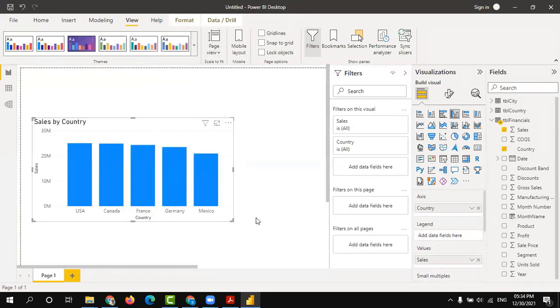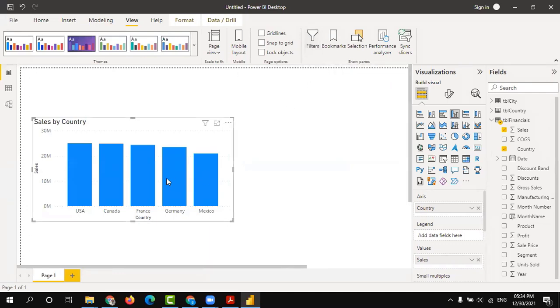You can see country wise what are the sales here. USA has some sales, Canada has some sales. So how to recognize how much sales this bar contains? When you move the cursor, you can see the sales numbers: 2 crore 50 lakhs 29,830. Instead of moving the cursor, you can also show the number on the top of each bar.